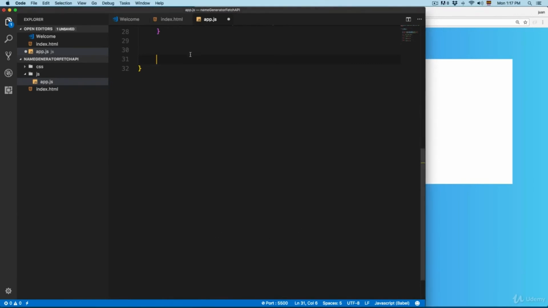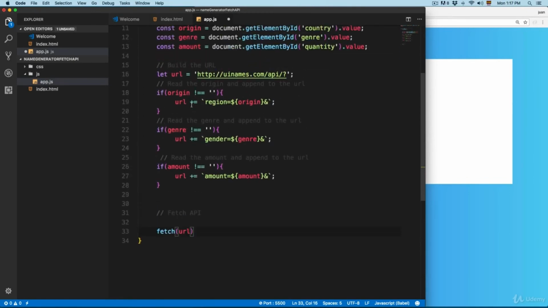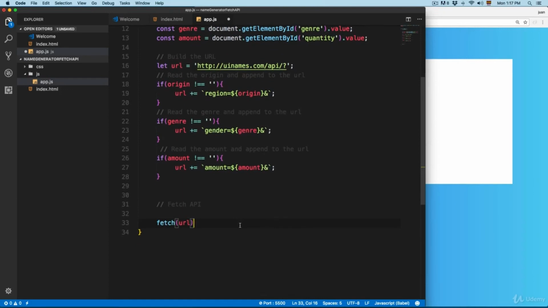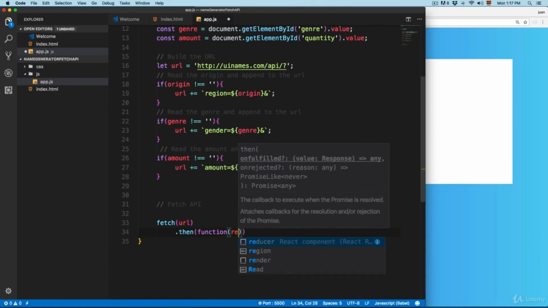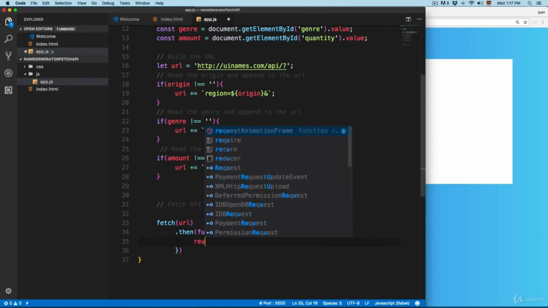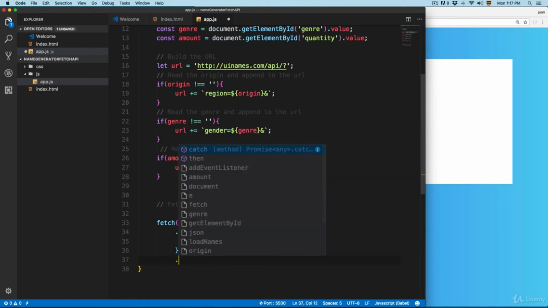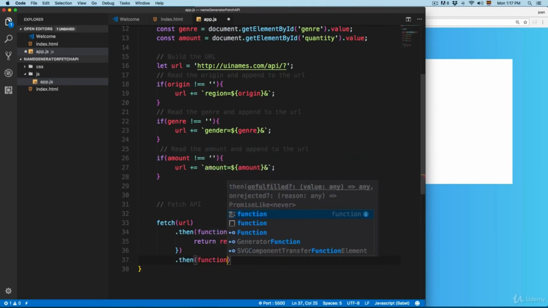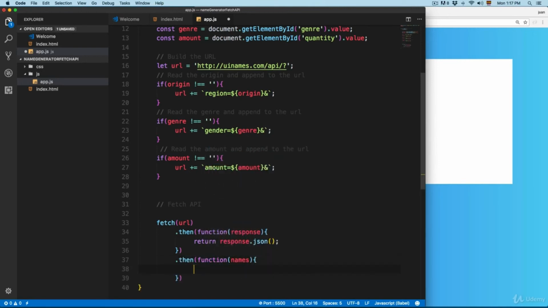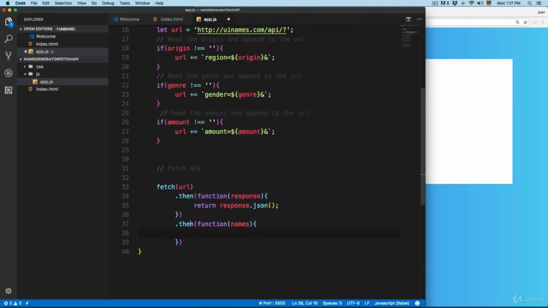I'm gonna create a comment here. We're gonna call this fetch API, and we're gonna fetch the URL because if you remember, we're building this checking the values from the form. So then we're gonna .then, and this is going to contain a response. So we're gonna return this response as JSON. So then we're gonna create a second then. It's going to be function, and this is going to be the names that are generated. So we're gonna console log